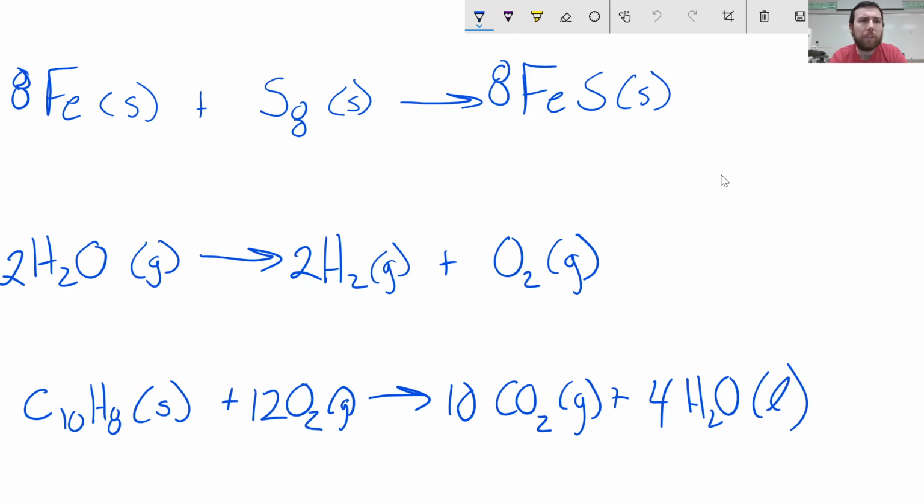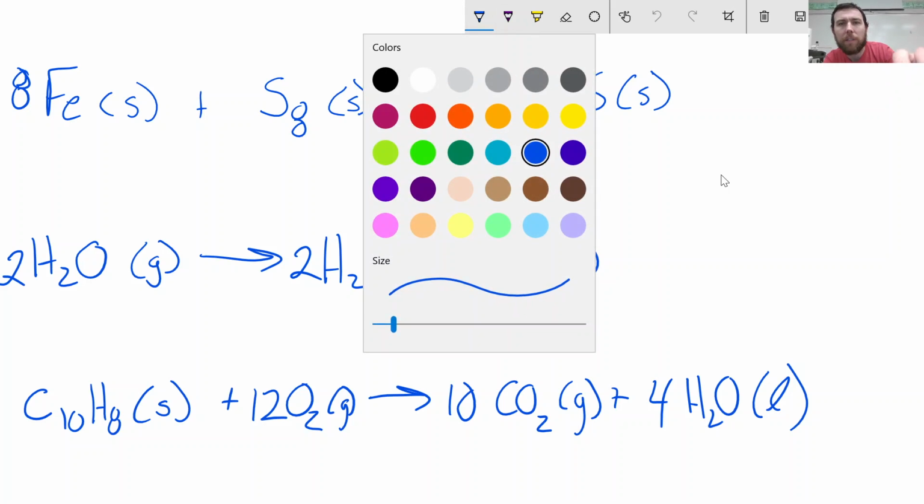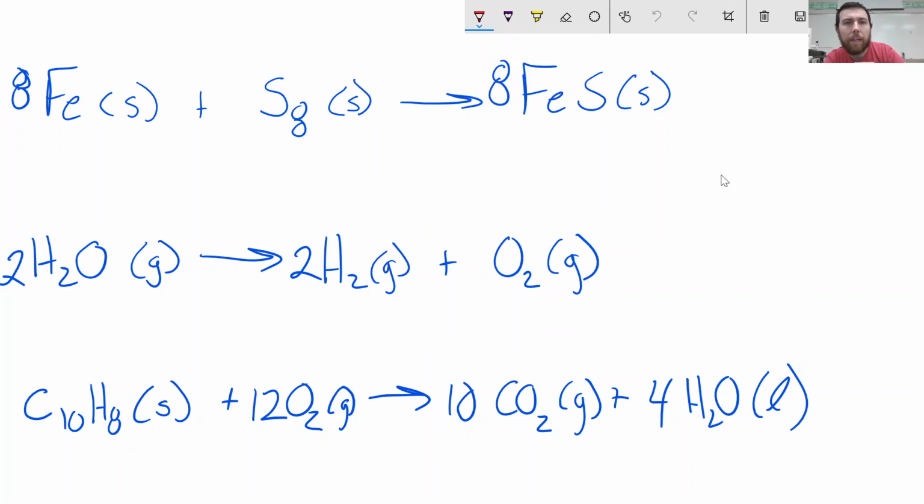And so if you think back to the rules that we talked about with assigning oxidation numbers, we said that if there was an element, its oxidation number would be equal to 0. So for iron, because it's in its elemental form, it's going to have an oxidation state. I'm going to just write it up here above it as 0. Now, the same thing is going to be true for sulfur, because sulfur is in its elemental form,